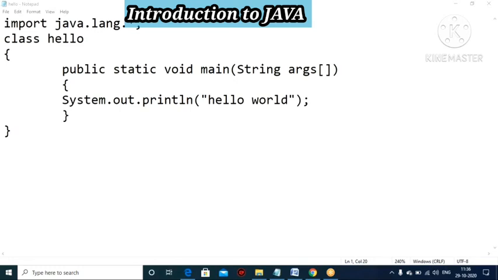If you write or develop any code in Java, first you start with the package. P-A-C-K-A-G-E. And the second one is class, C-L-A-S-S, class. And the third one is methods.